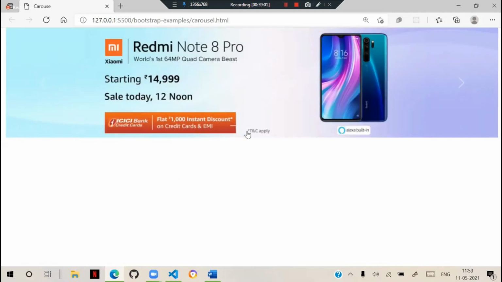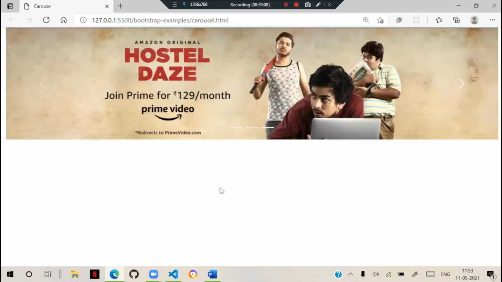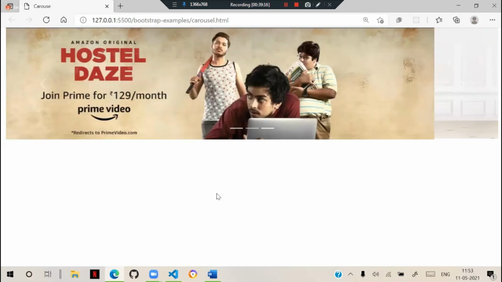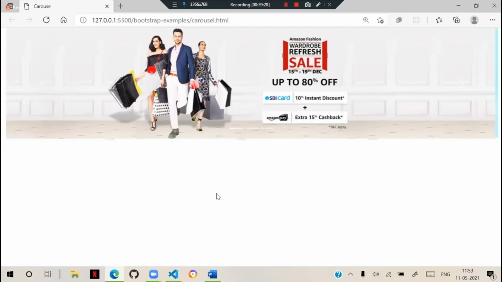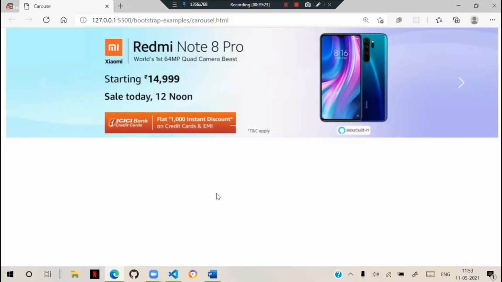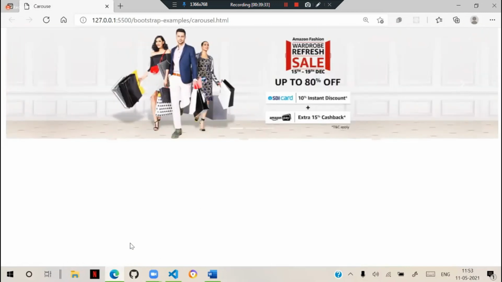We can go to the previous and next, or we can go to any specific one. So that is generally how we define it. Now recently, because our websites are used on mobile devices very much, they have given a new option for touch also. That means you can go left and right.